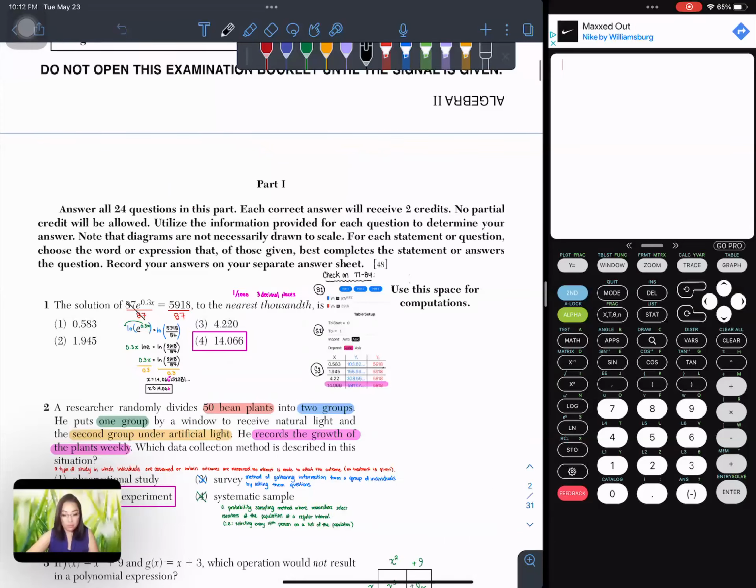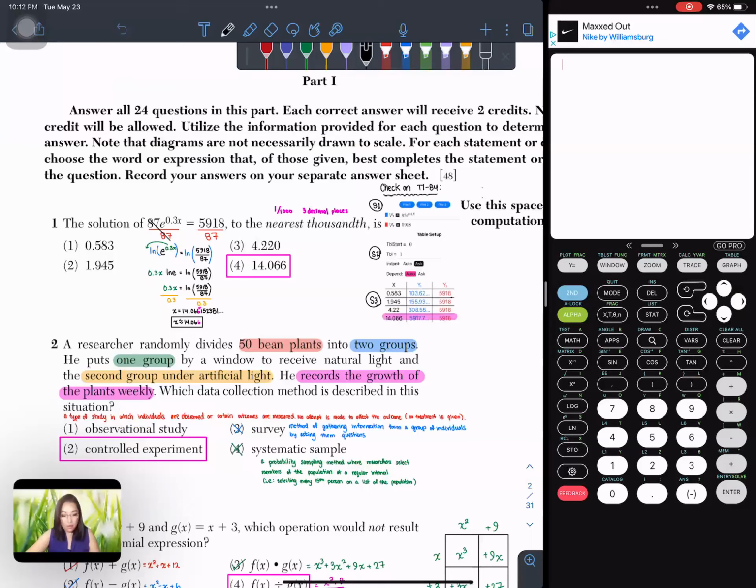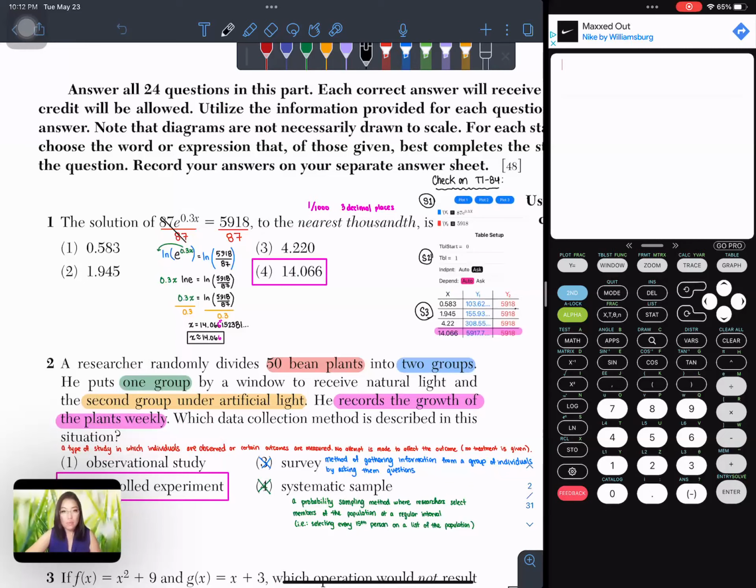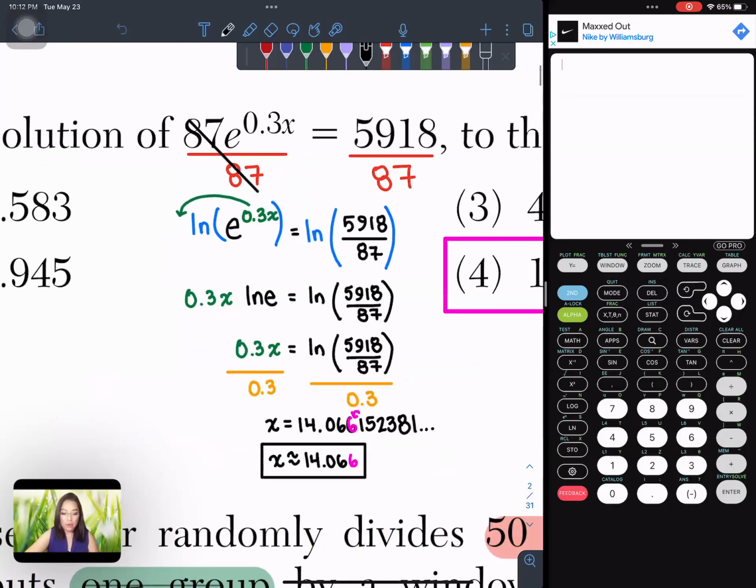For the first one, when you're solving an exponential equation and you're solving for x in the exponent, you're going to be using logs. So number one, you isolate the base by dividing both sides by 87. Then you take the ln of both sides because the base is e. By the power rule, the 0.3x comes to the front, and then 0.3x ln of e is just 0.3x. So 0.3x equals ln of 5,918 divided by 87. You divide both sides by 0.3 and you should get about